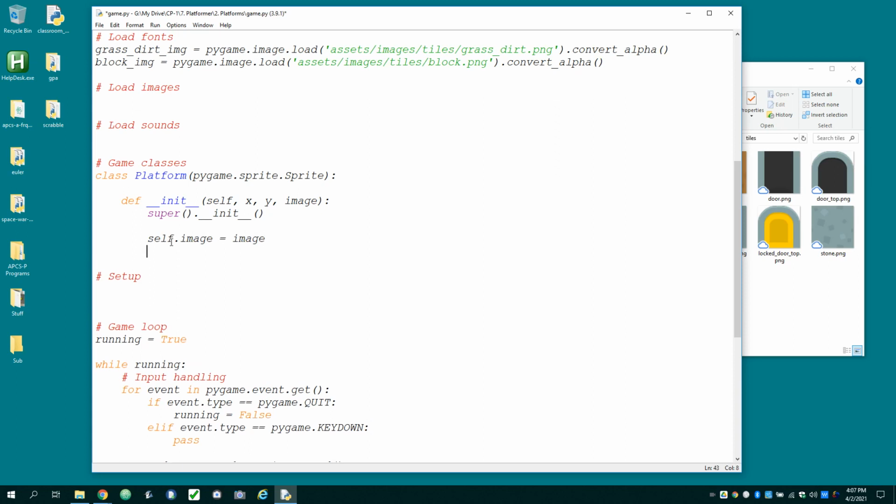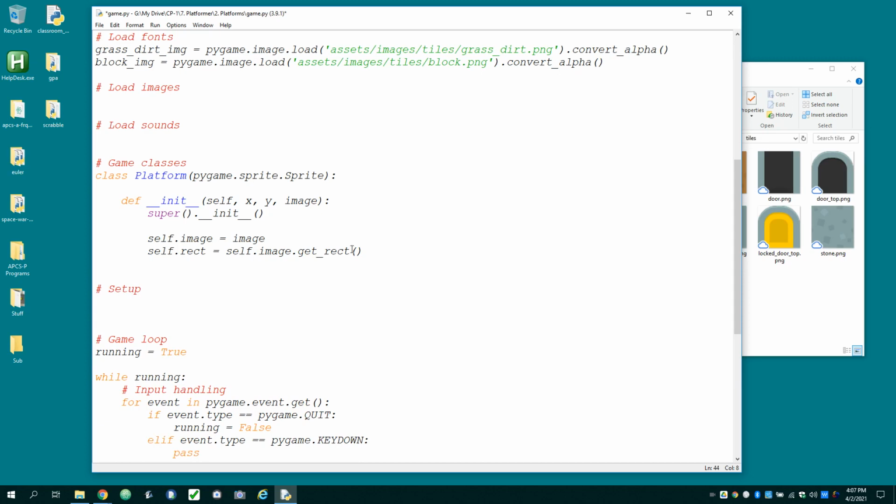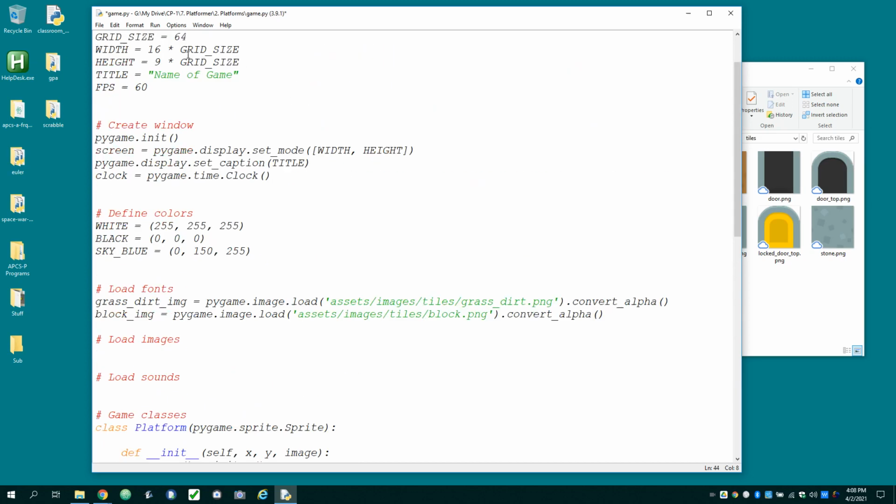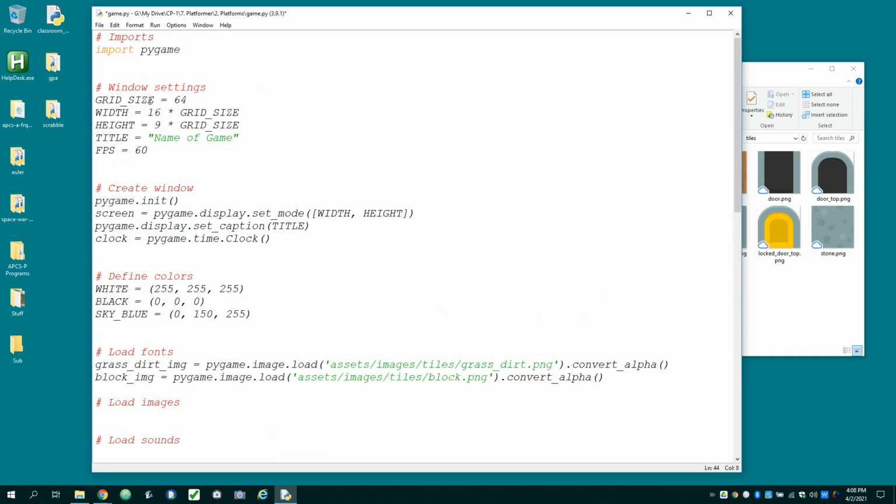And I'm going to say self.rect is equal to self.image.get_rect. And we want to give it an X and a Y. And this is where our grid system is going to come into play. So when we look up at our Windows settings, one of the things I could have done, I said my grid is 16 times the grid size. So that's 1024. I suppose I could have just said 1024 there,